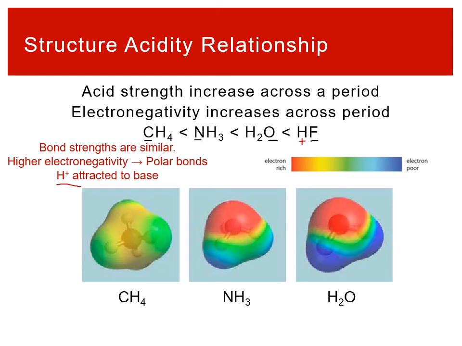And so we have these maps down here for CH4, NH3, and H2O showing the relative enrichment or depletion of electrons. We can see that CH4, this is something that we said never behaved as a base. And you can see that the color green there shows a very equal sharing of electrons. This is a nonpolar molecule, very close to equal sharing of electrons, not much in the way of dipoles. As we get to NH3, it increases. We see this red, which corresponds to an electron-rich region around the nitrogen. It gets even more extreme. This very dark blue color shows up in water.